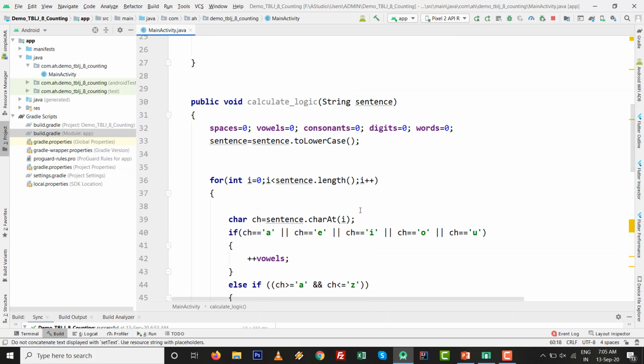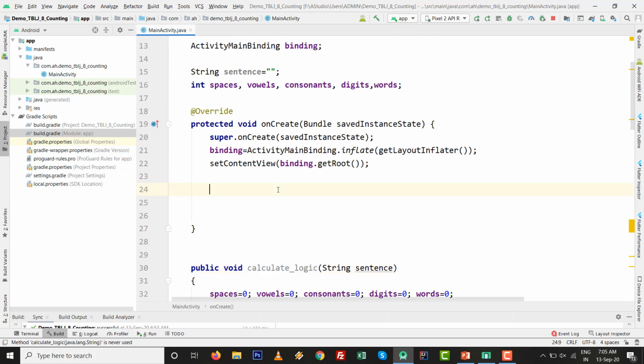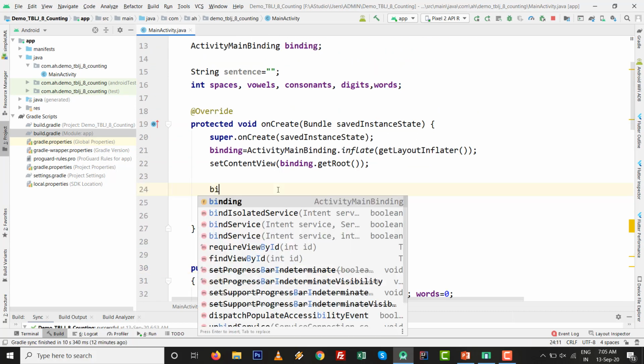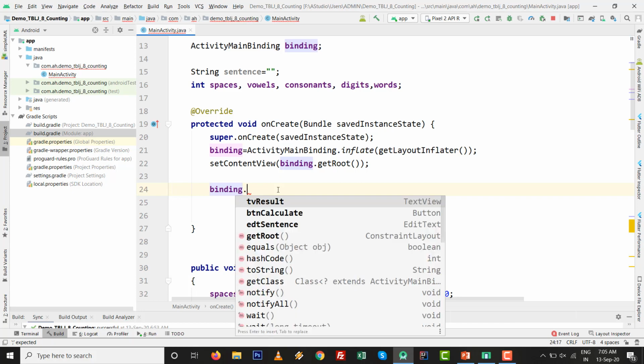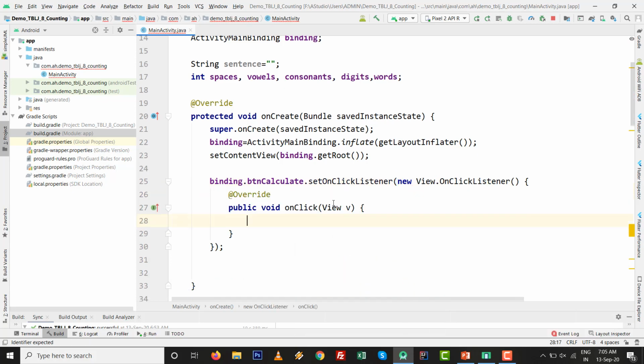So fine with this method, a very easy method. You can see it's core Java. It is gray, which means we didn't call this one. We will call it on the button's listener: binding dot btn calculate dot set on click listener, new, space and Ctrl space.